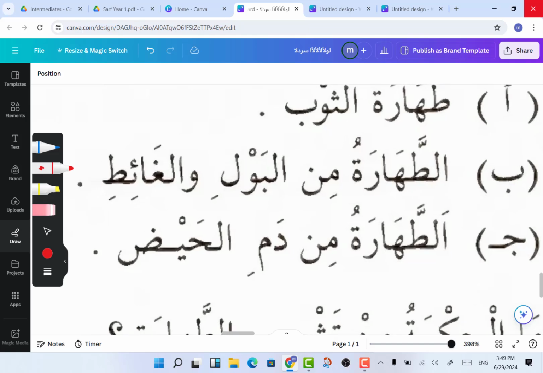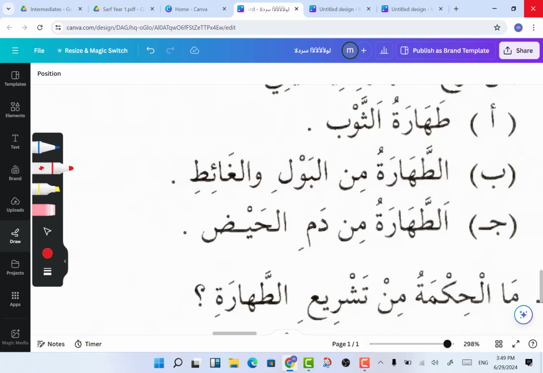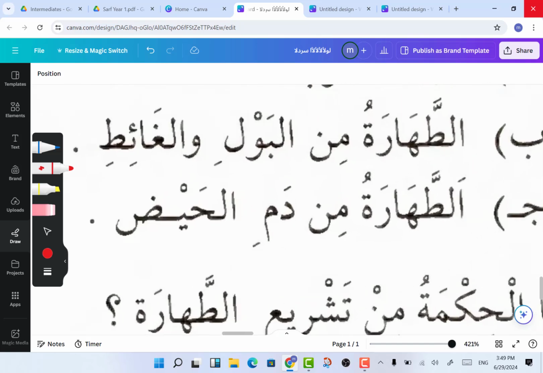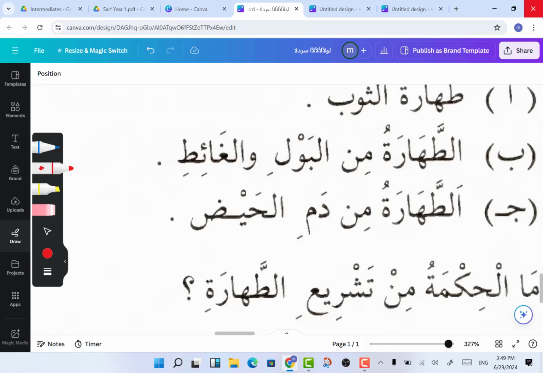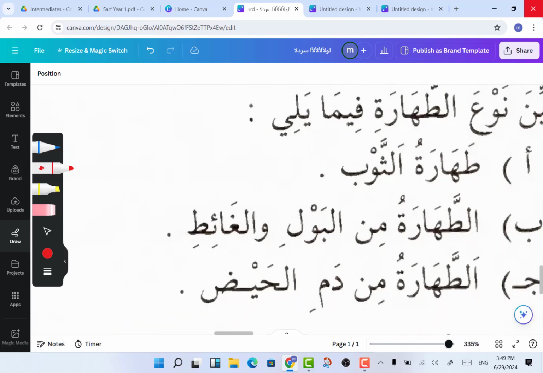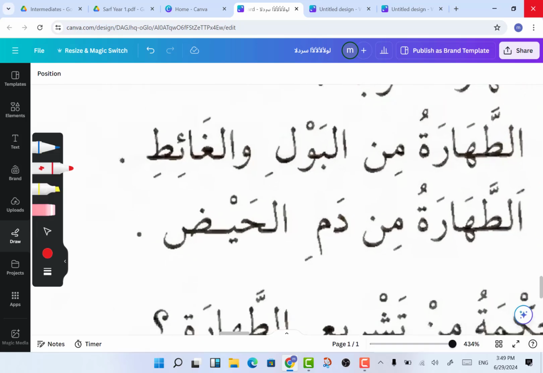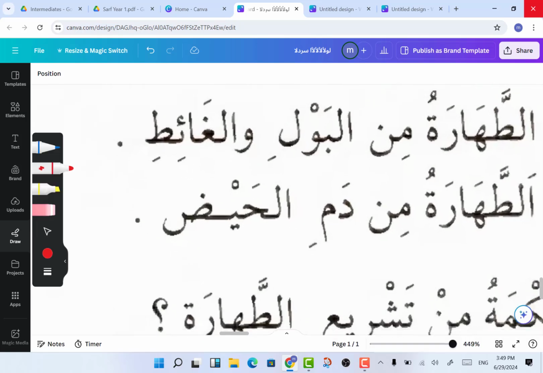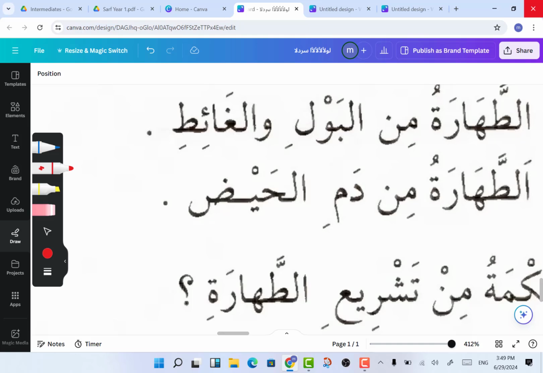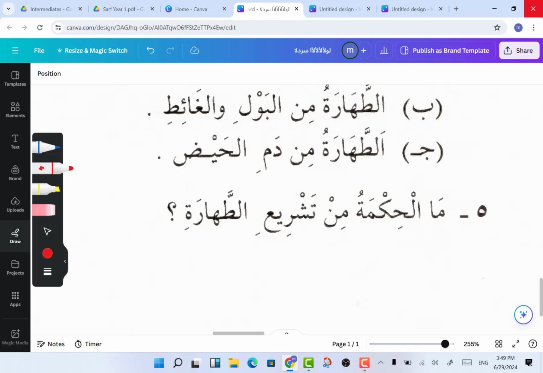So, bil-wudu. At-taharat min damil hayd. This one is what? Al-ghusl. How do you clean yourself? That one also irtifa'ul hadath, and this is hadathul akbar. Taharat al-thawb, zawal al-najas. At-taharat min al-bawl wal-gha'it, hadathun asghar, يكون بالوضوء. الطهارة من دم الحيض, hadathun akbar, يكون بالغسل. ما الحكمة من تشريع الطهارة؟